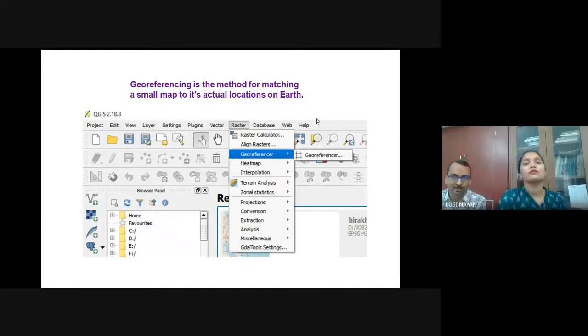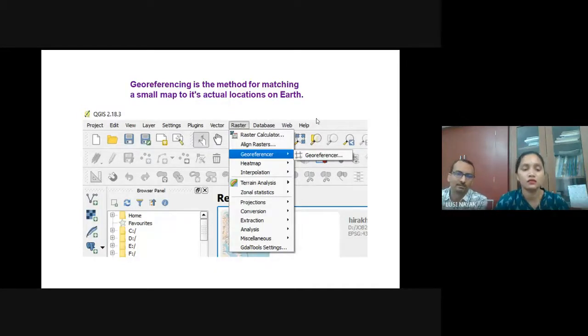We have not yet started. I am just describing. You have to listen, and I have already told you. I will repeat the steps. No problem. The PowerPoint slide is also provided to you, and in that also it is very simple how georeferencing will be done. Just go through whatever I am telling. Okay, so this is georeferencing.